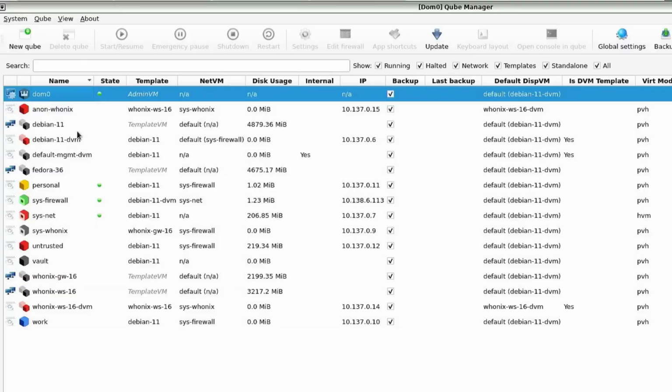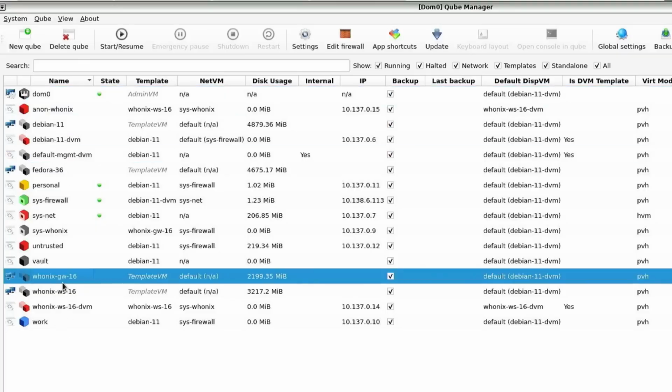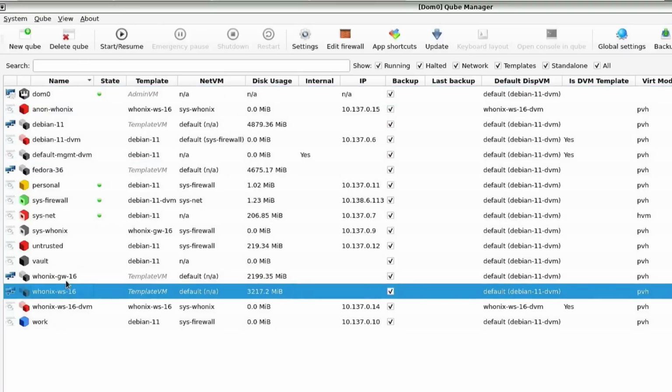And then we've got gray ones. So these are going to be your templates. You know, your templates are trusted because, well, you're not even really booting into those. The templates are just things that you're going to create new virtual machines based off of. Because another general deal with Qubes OS is that none of these cubes, virtual machines, you know, those words are interchangeable here. None of these are really going to last forever.